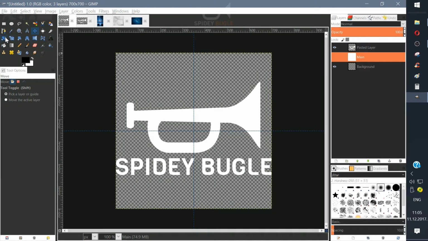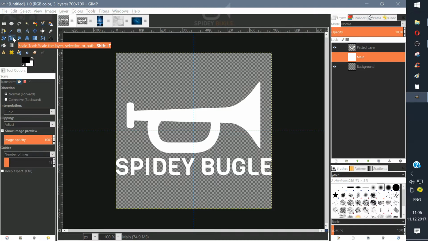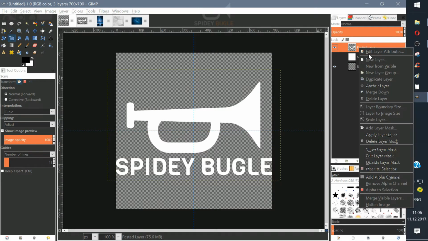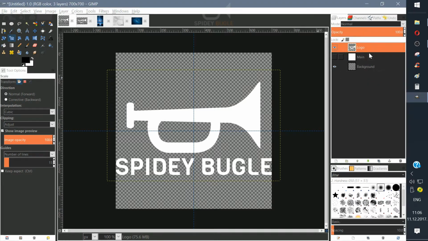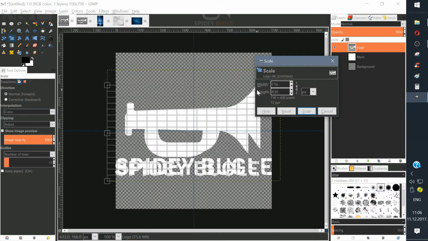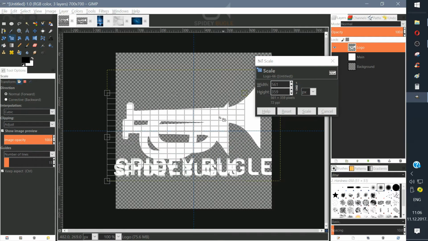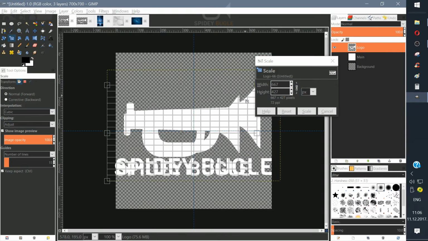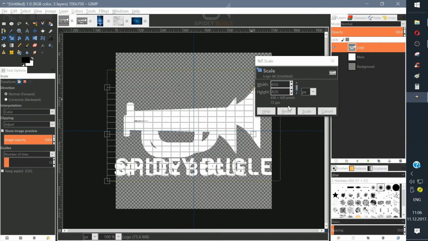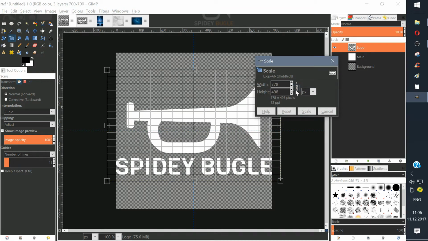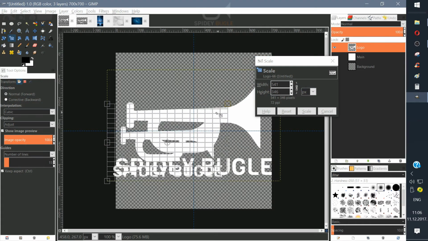What you need to do is you will need to go to the scale tool and make sure you have selected the pasted layer or the logo layer. So just rename your layers so it's easy to go back and change. First of all, what you want to make sure is you want these clicked, so that when you're resizing the image, it stays nice and straight. Because if you don't select this, it'll be all over the place. So make sure that it's selected and just resize it to a decent